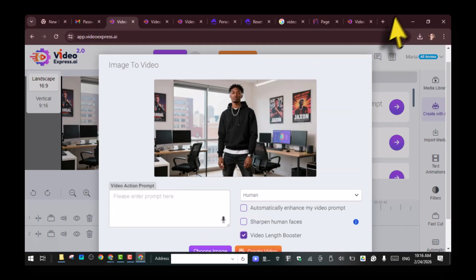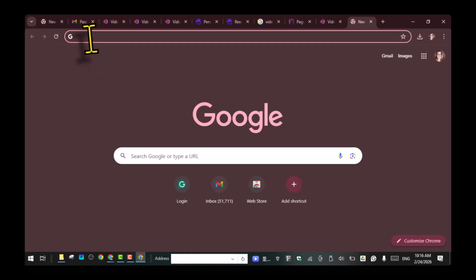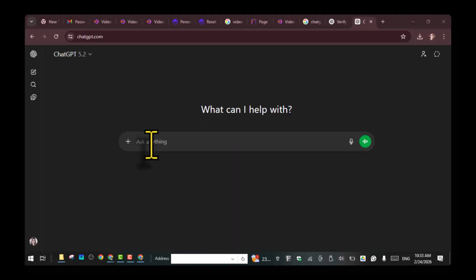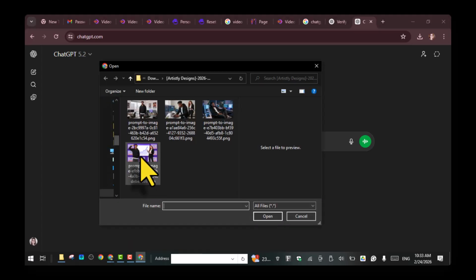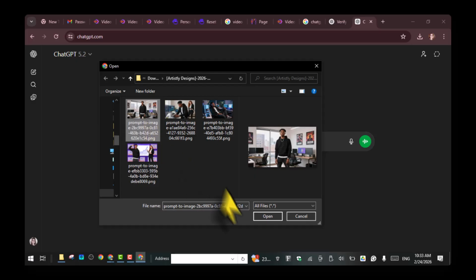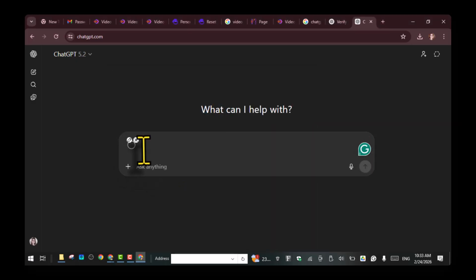Okay, so what I'm gonna do is I'm going to ChatGPT. All right, so we are here in ChatGPT, and click the plus sign. As I told you guys, you can add files, any files that you want for ChatGPT to see. So I'm gonna click him and open it over here. All right, so I'm gonna ask GPT